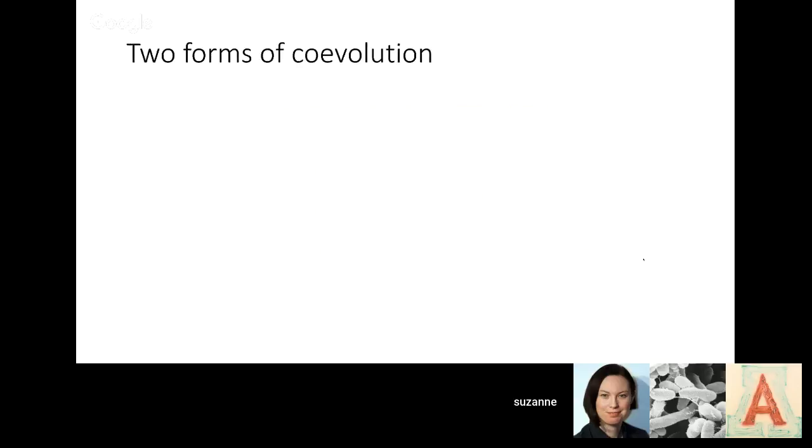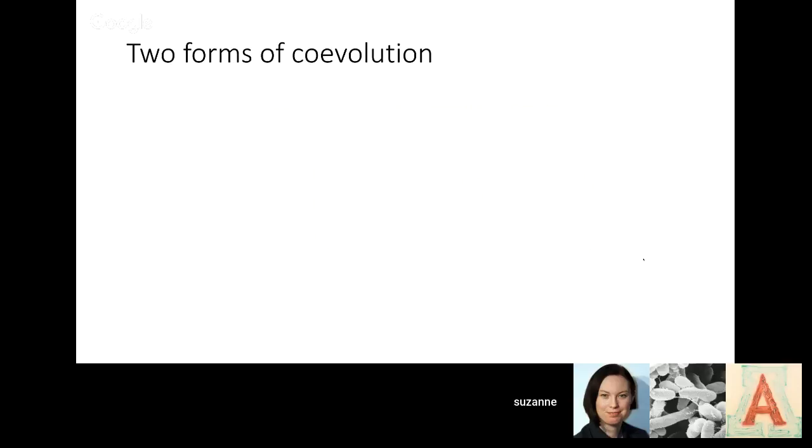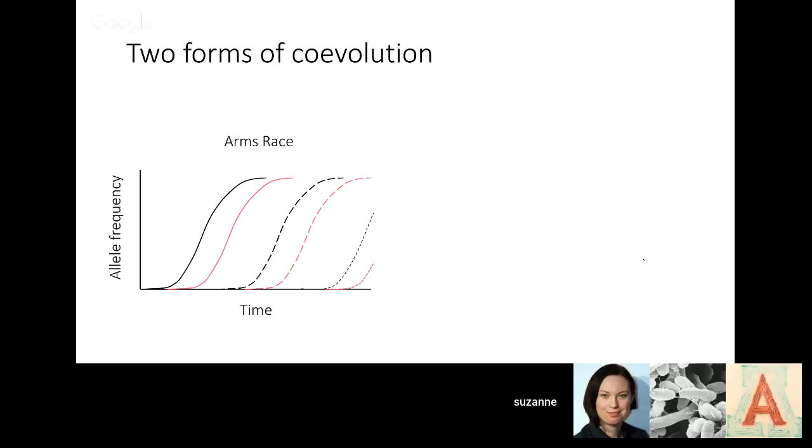So there's 2 things that I need to outline at the moment. Just as studies have found between a host and a pathogen, in order for us to test whether coevolution is happening between a defensive symbiont and a pathogen, we need to look for signals of coevolution. And studies between hosts and pathogens have found that there are 2 main forms of coevolution, and so 2 types of signal that you need to look for. So these come in 2 forms. So the first one is